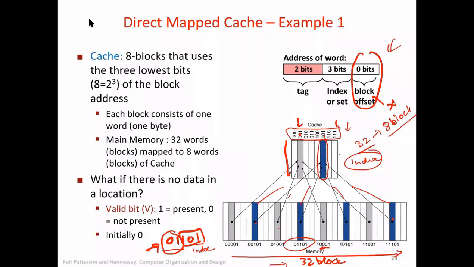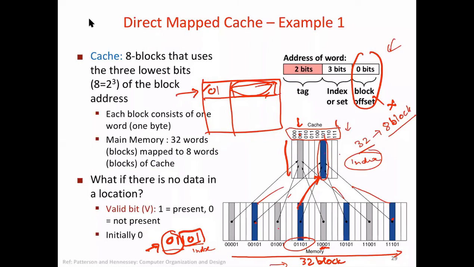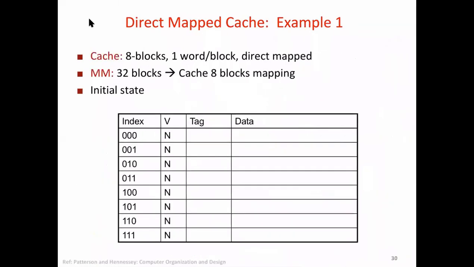So in cache, we'll have 2 fields. Let's assume that the blue color block we have brought in is available here. We first index using the lower 3 bits and see that something is available here, and then we look at the tag bits. If the tag is 01 for the address we got from the CPU, then we know the right block is available, and there's a hit. All right, so we'll look at this example.